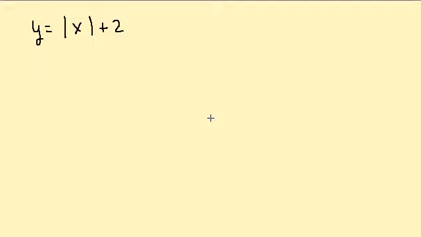Alright, this is the second video graphing absolute value functions. If you remember from the first one, when we graph absolute value, we want to make an XY table. And recall from the first video that for the first number we choose, we want to choose what makes inside the absolute value 0. Now, a lot of people want to pick -2. But if we pick -2, that's not going to make inside the absolute value 0,